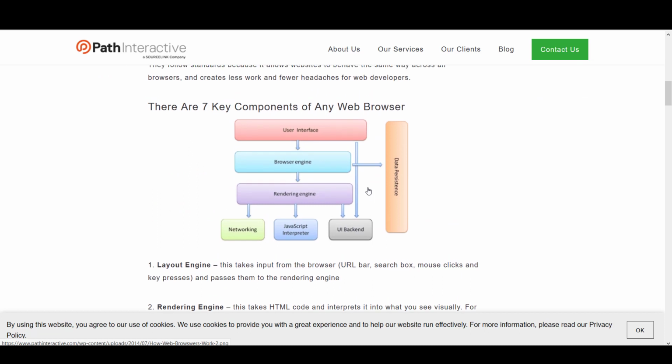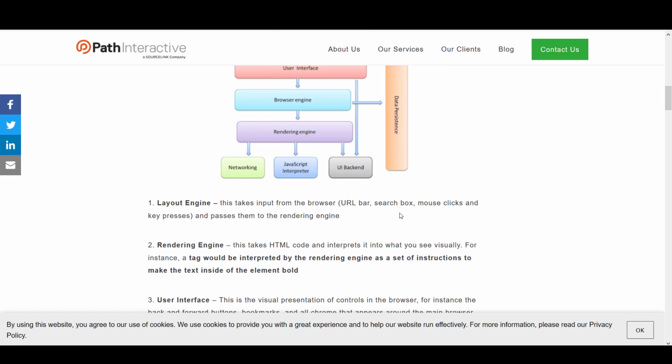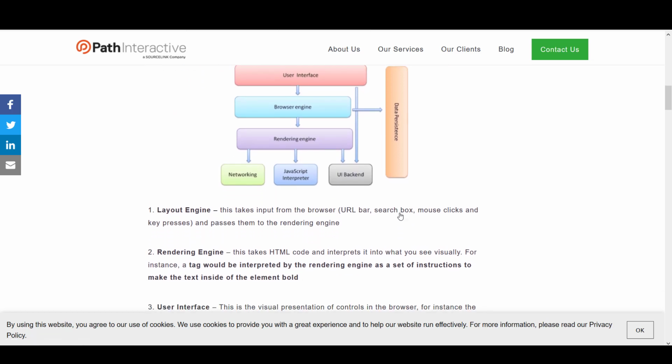Browsers have 7 key components. What is accessible to us is the user interface, but in the background there's the browser engine, and then the rendering engine, which communicates from the backend, apart from the data persistence layer. What matters to us primarily in this paradigm is the rendering engine.